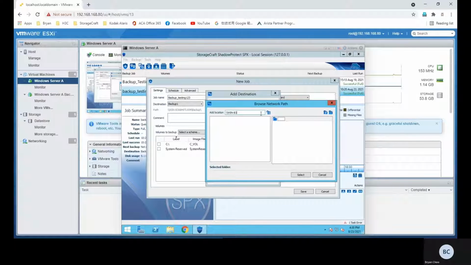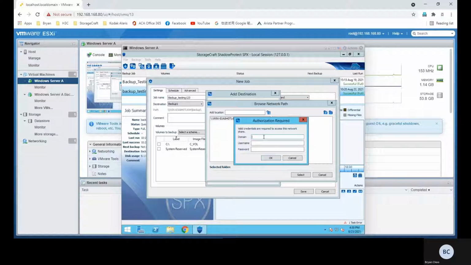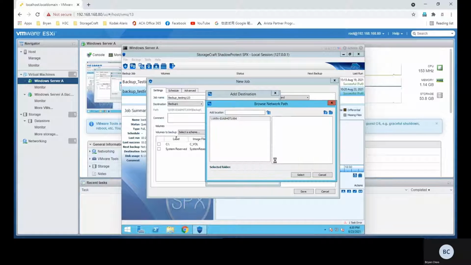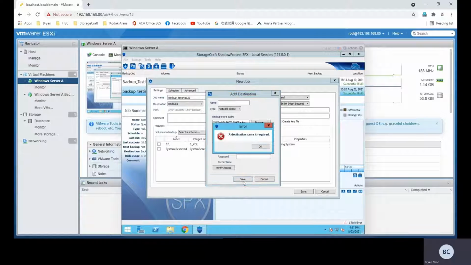First, I add the location of the targeted backup destination to locate the share folder. Authorization allows you to enter the domain, username and password set at the target backup destination server. Okay, so I have actually created two share folders, but this backup folder is the one I use for the backup between these two destinations. So if you select this share folder, click save,